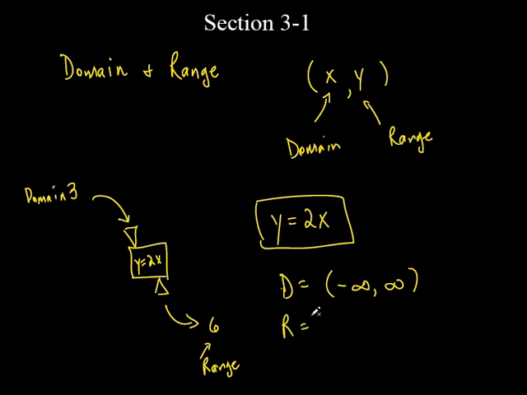What about the range? What about my answers here? Was I restricted on any of my answers? No, I could get negative answers, I could get 0, I could get positive answers, right? So what is the range then? It's all the real numbers as well, which is negative infinity to infinity. So if I gave you a formula like this, the domain are all the real numbers and the range are all the real numbers. In fact, any linear